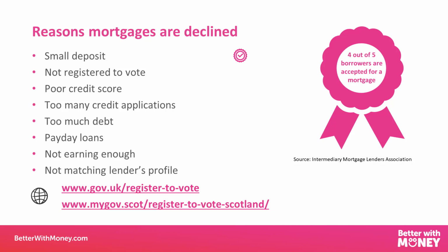The next reason on the list, if we go down as to why mortgages are declined, is because the person applying is not registered to vote. Now, this is a really simple thing to sort out. The reason it's so important is because the details shown on the electoral register are used for your identity when you apply for a mortgage. And if you're not registered to vote, then you could either face additional ID checks, or the worst case scenario is that the mortgage lender just says, no, I'm going to decline you because I can't verify your ID. So this is simple to change. You just go onto the gov.uk website that I've shown at the bottom of the slide,